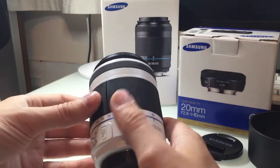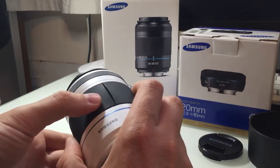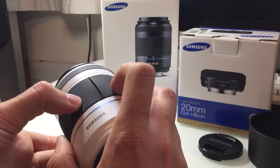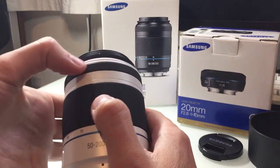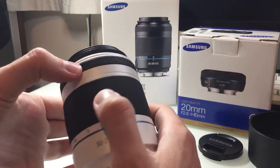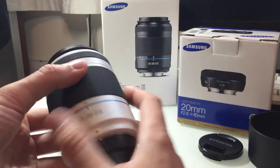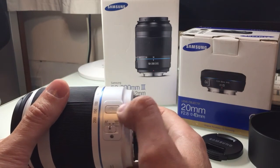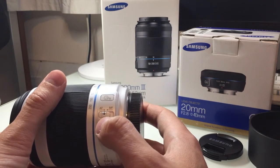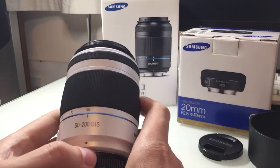and we have nice decent rubber grip along the side here. I think it's rubber or just some kind of plasticky rubbery type affair. Same quality of manual focus ring as the prime. They're all very well made, these. We have the function button, the i-Function, to access that menu again, and we have the autofocus and manual focus option. This lens is also